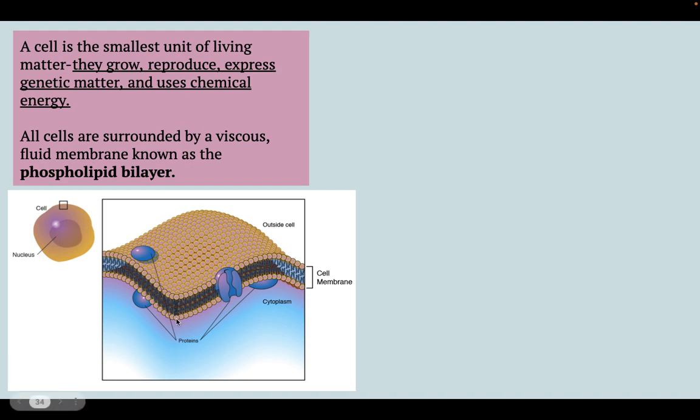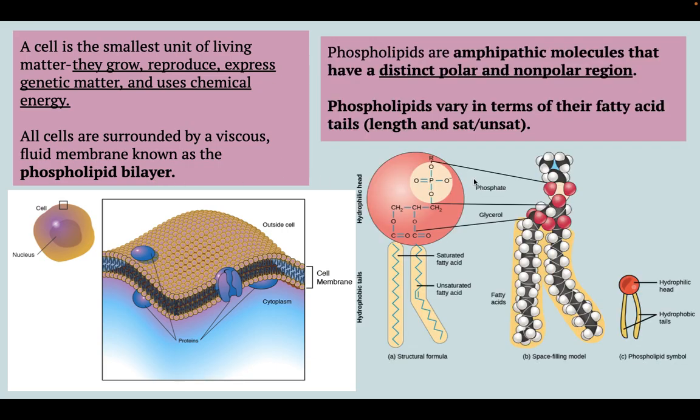It's two layers, hence the bilayer, and it's made up of these guys called phospholipids, which are an amphipathic molecule, meaning that they have a distinct polar and nonpolar region. The hydrophobic tails, which are fatty acids, tend to be built up of saturated or unsaturated fatty acids, and the top of the phosphate head is very polar due to the oxygen atoms bonded